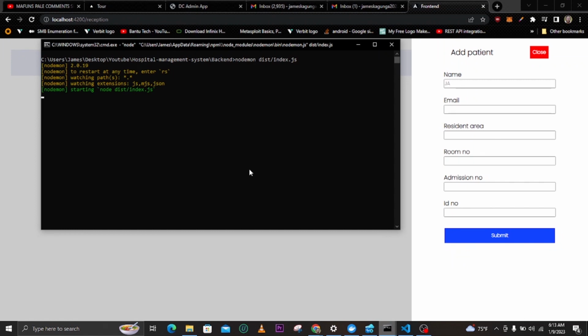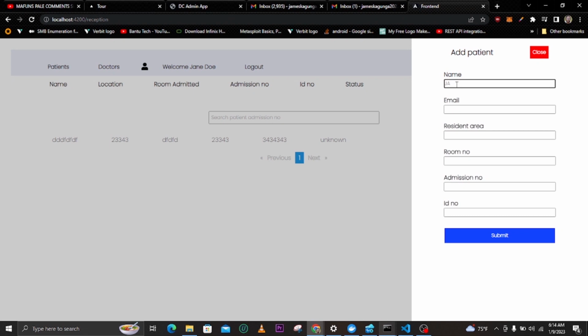So let it restart, and then you can see it here, so that we can add the patient, and then the doctor can select that patient and then add treatment to them. So now, first thing here, you can see James. Jane, we actually did Jane Doe, and then you can see Jane Doe at